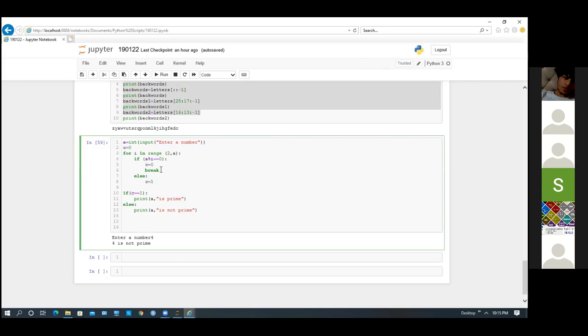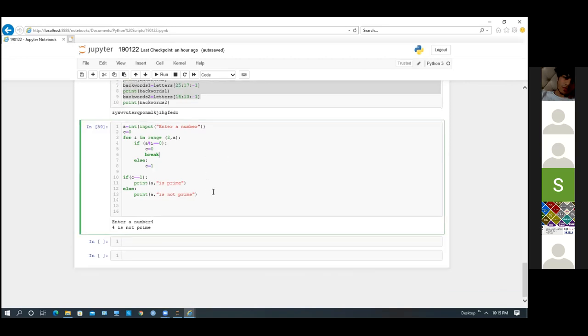Correct? Yes. So suppose I am considering 10. I need to check from 2 to 9, right? Yes, sir. If I know 10 is divisible by 2, then we can close our eyes and say this is not a prime number, because I don't need to check up to the whole range, right? Yes, sir. Do I need to check for 5? A prime cannot be divisible by any number between 2 and that particular number. Okay. Yes, now,